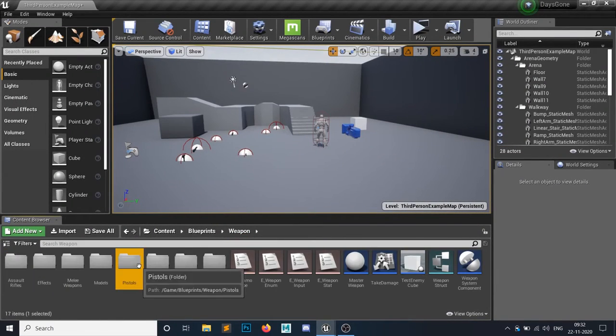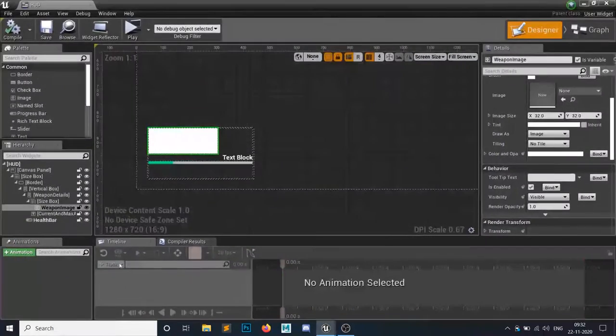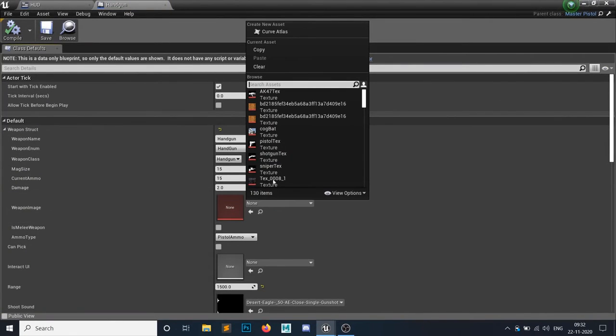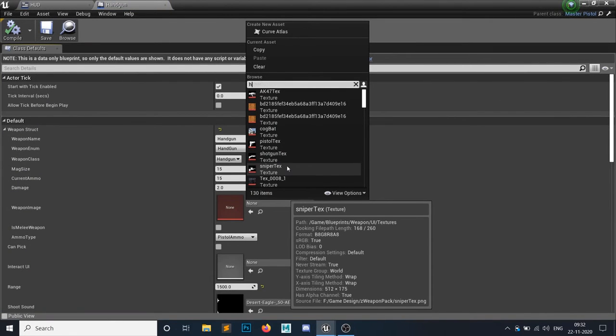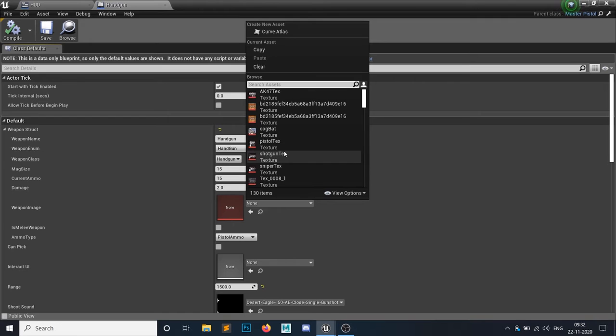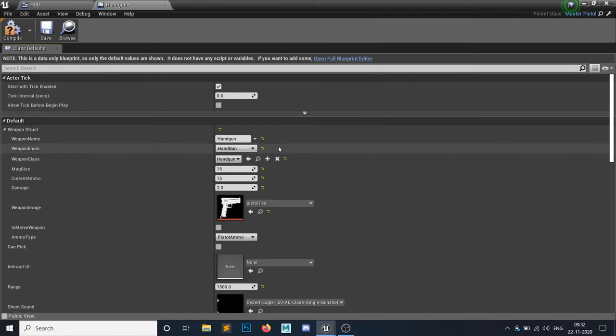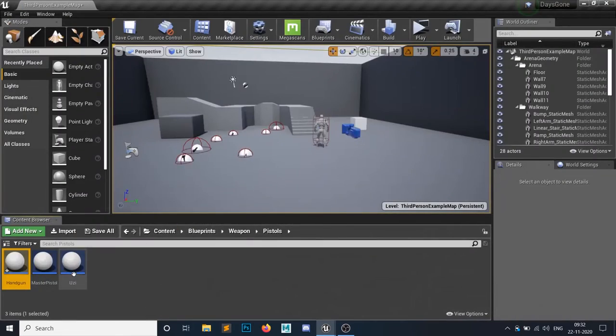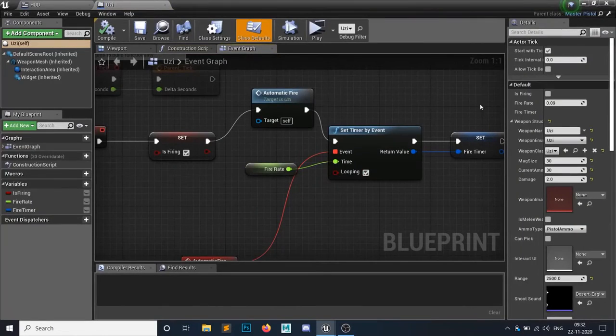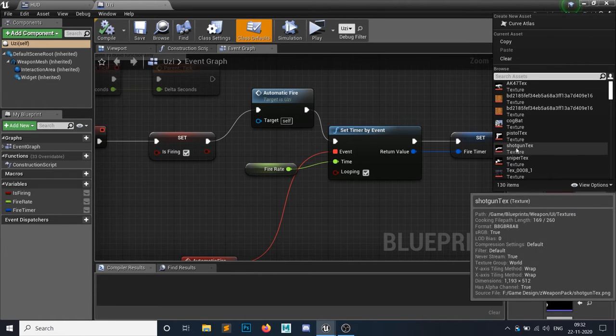For my pistols, handgun, I have one handgun image, I guess. Nope. Pistol texture, yes, this one. In my Uzi gun, this one, Uzi weapon.